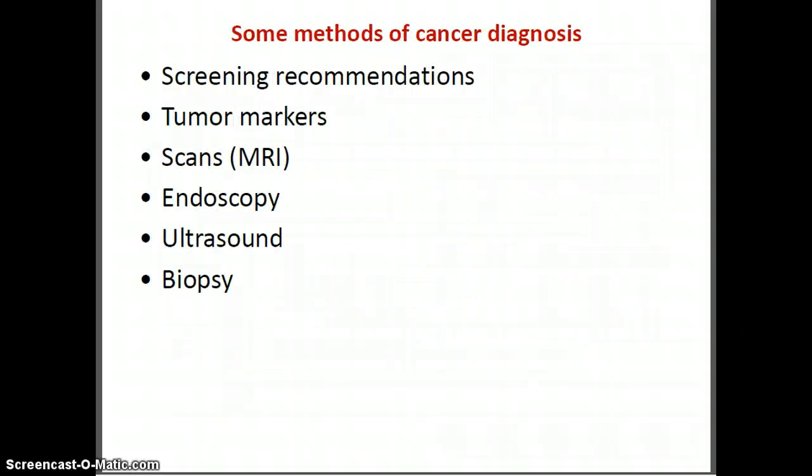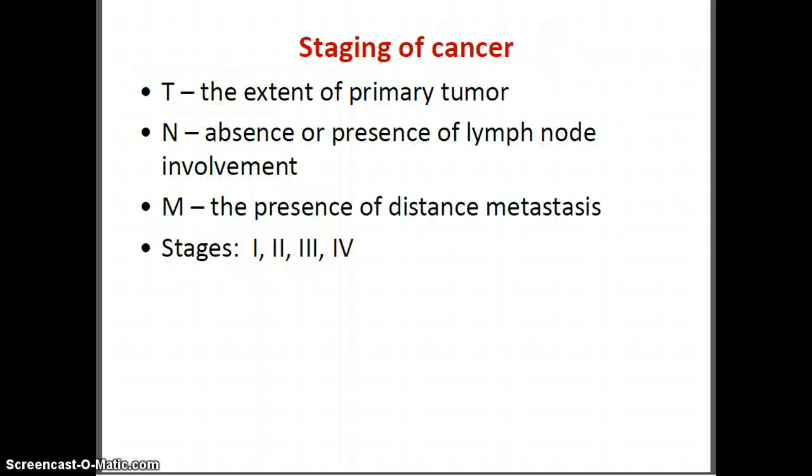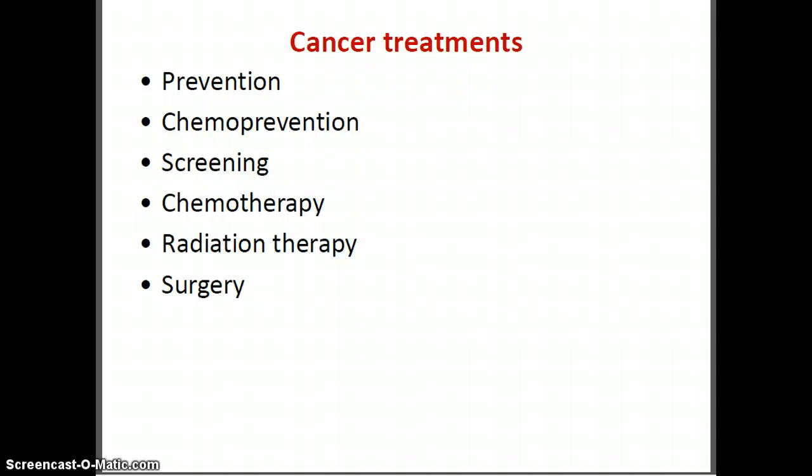All right, so screening is recommended. There are tumor markers. We can do scans or MRIs, biopsies, endoscopy, which is examining the interior, particularly done for cancers of the GI tract, including colonoscopies. We looked earlier at the different stages of cancer and how staging is done. Stages 1, 2, 3, and 4. 1 usually means it's contained and hasn't spread. 2 may be spreading to the lymph nodes. 3 may be to other organs. And stage 4 is to multiple organs.